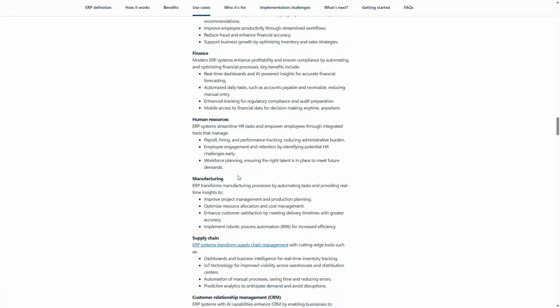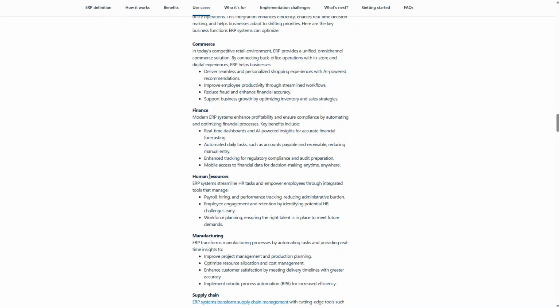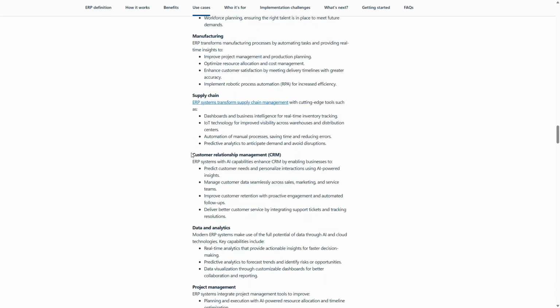The Microsoft ERP has e-commerce, finance, human resource, manufacturing, supply chain, and CRM is the one which we are going to discuss. That is D365 CRM, which handles sales, service, and the other applications as well.